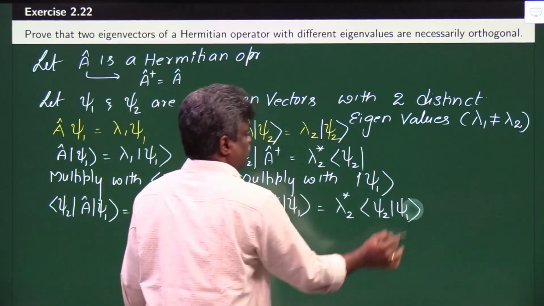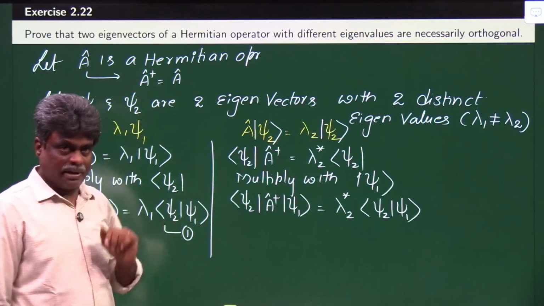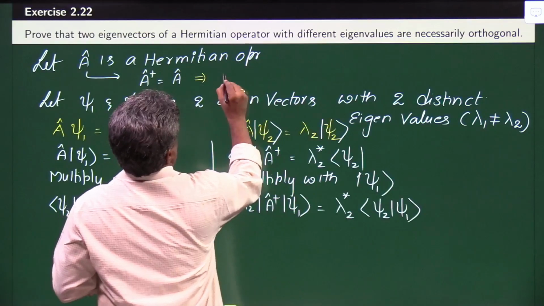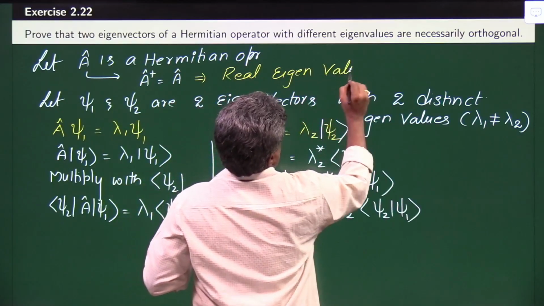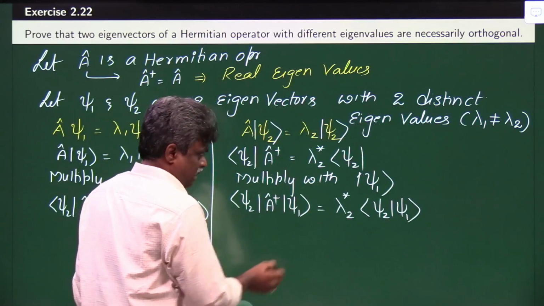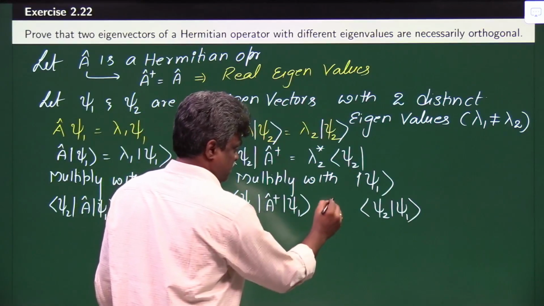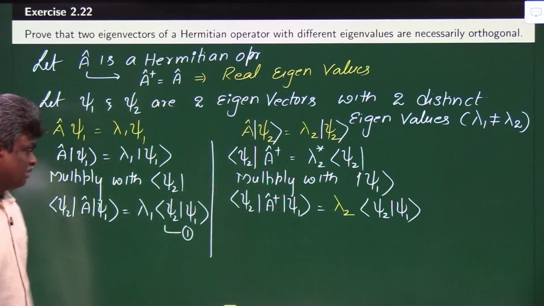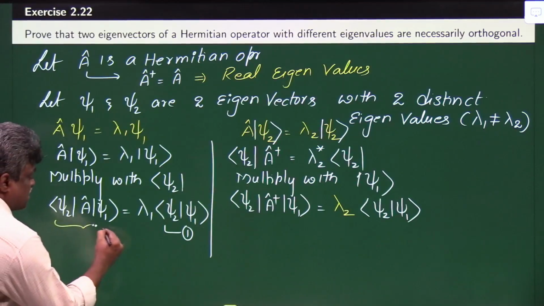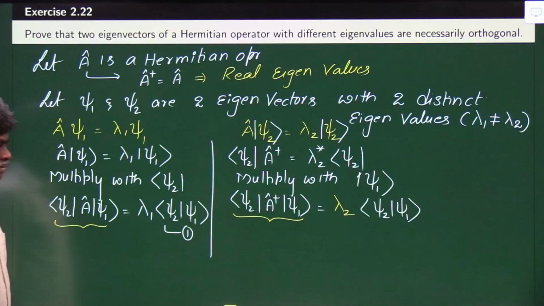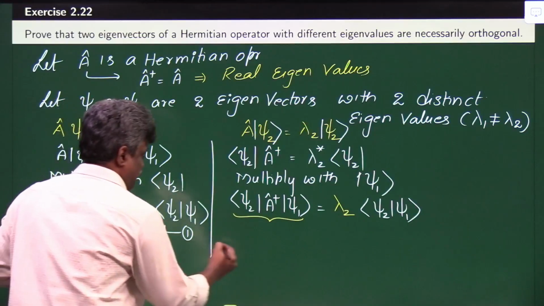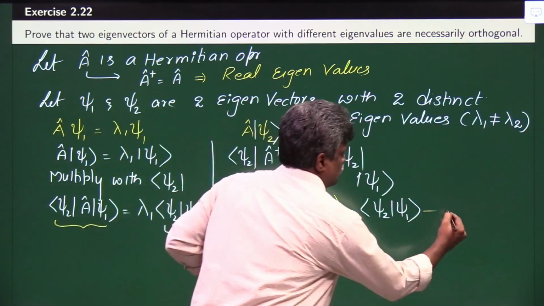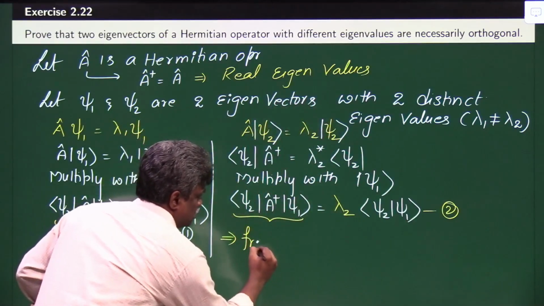Now already they have defined this operator A as a Hermitian operator. So what is the meaning of this? It is having real eigenvalues. If it is having a real eigenvalue, this lambda2 star we can write simply as lambda2. Fine. Now carefully observe this left hand side and this left hand side. Since A dagger equal to A, these two left hand sides are equal. So then what can we say? Let this be equation 2. So from 1 and 2,